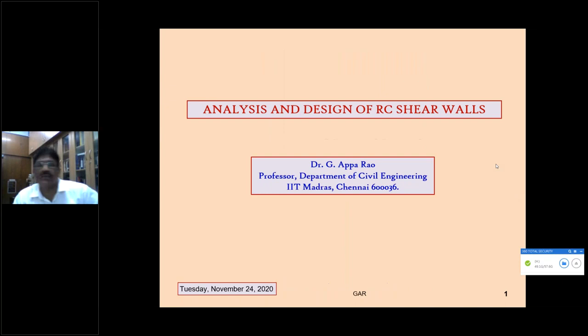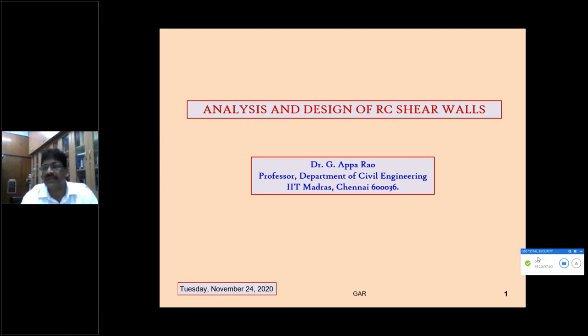Okay. So if you're able to see the screen, I think everybody is able to see the screen. Yeah, my topic is analysis and design of RC shear walls, right? So anyway, it's inevitable. We are working on an online system, so these are the problems we commonly encounter. But anyway, we have to accept. Again, I thank the organizers for giving me the chance to present my